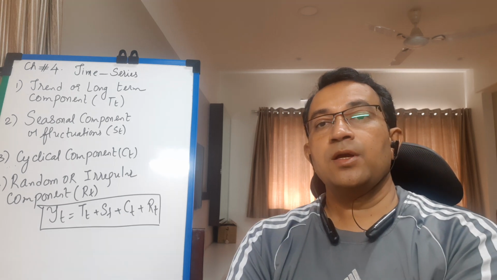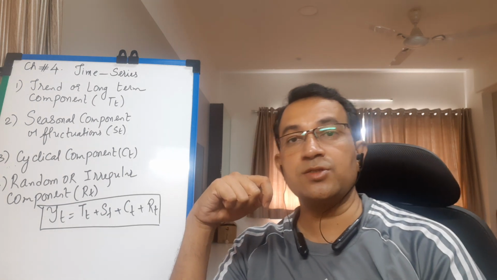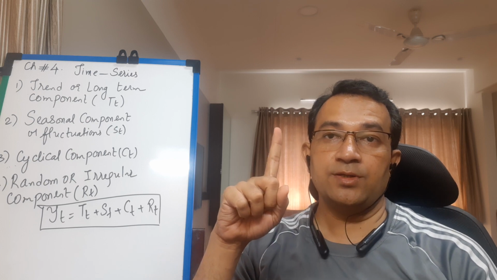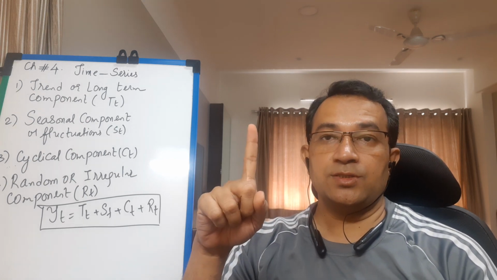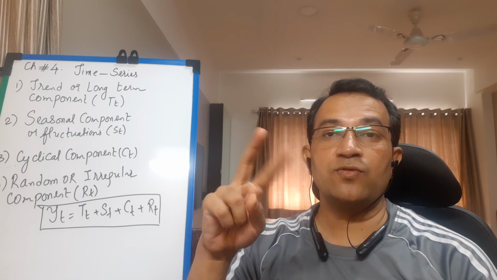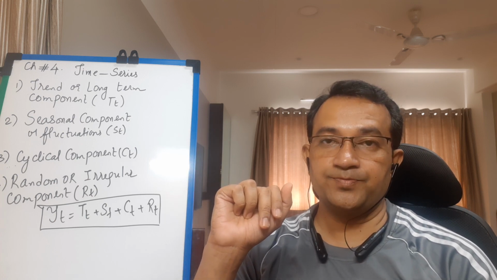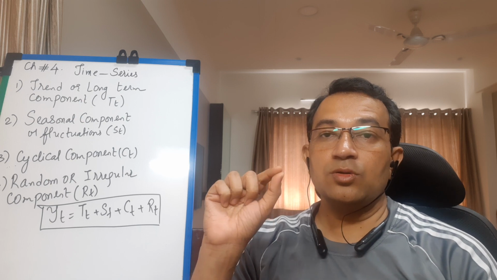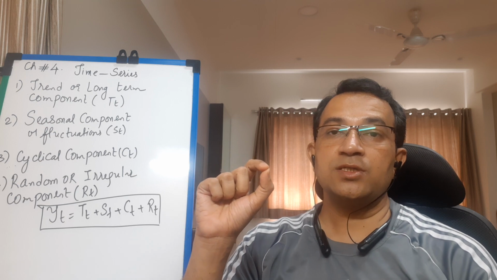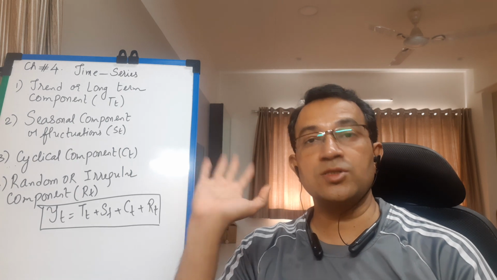Now, a few students asked me the basic difference between correlation and regression. That also, students, I am discussing. First point: correlation is usually for simultaneous changes in the values of two variables due to cause-effect relationship. So, if I want to write differences between correlation and regression, correlation is the simultaneous changes in the values of two variables due to direct or indirect cause-effect relationship.